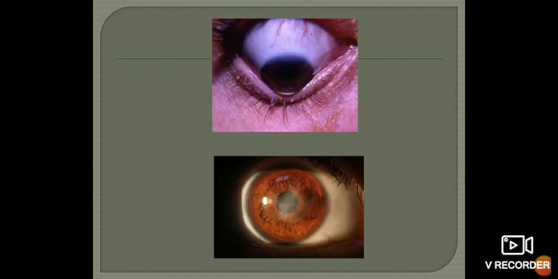Here you can see the upper photo. You can see a conical shape of the cornea. This is keratoconus. Now in this picture, the patient is looking downwards and you can see an indentation of the lower lid. This is called Munson sign. Okay, remember. In the below picture, you can see a central scarring of the cornea. It may be due to ulceration. So all these conditions are responsible for the acquired type of astigmatism.